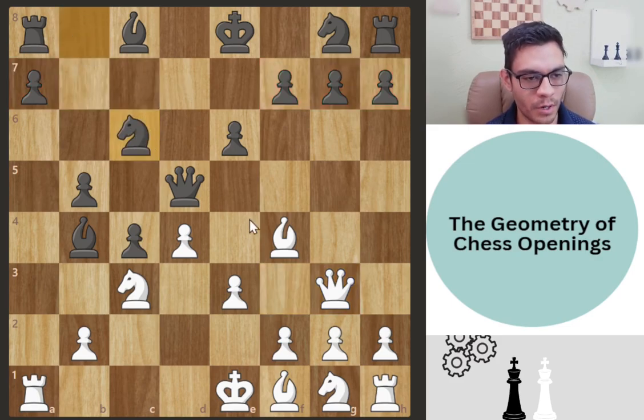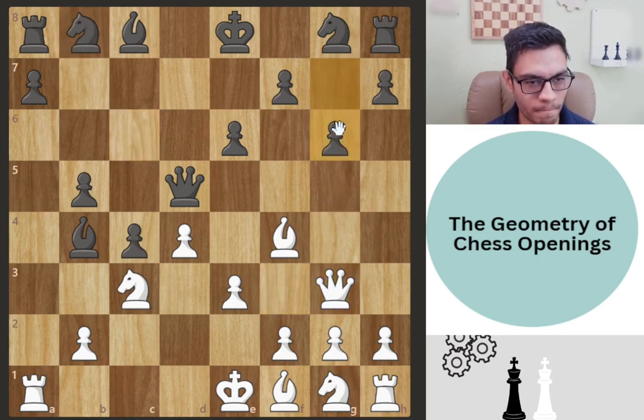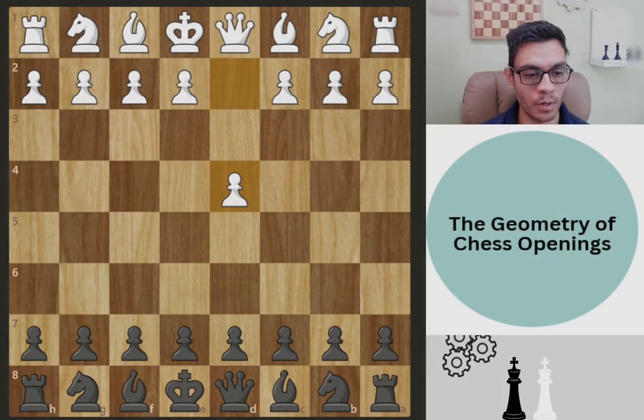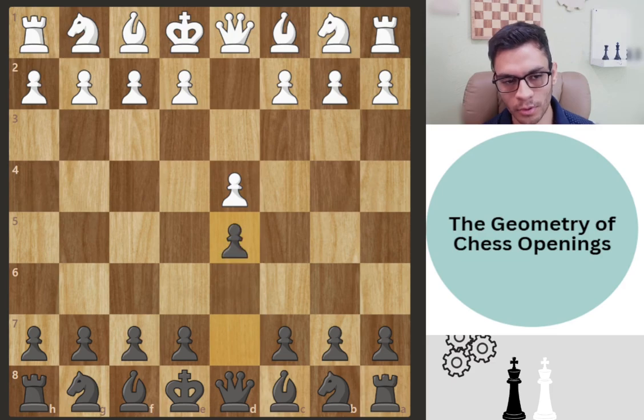So let's say they develop the knight. Okay, we can take this pawn. And if they defend this pawn or they push this pawn, now we can take this knight and we're winning. Okay, so this is great. I'm gonna show you a little trick we can play when we are playing black against d4, especially the Queen's